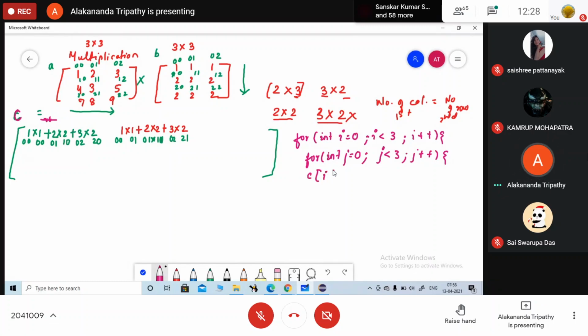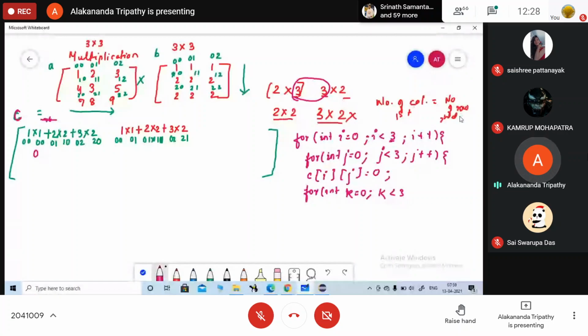Okay. Here Cij is set to 0. तो initially यहाँ पर क्या होगा? 0 रहेगा. So we are going to take a K loop: for int K is equal to 0, K is less than 3. So ये 3 क्यों लिखा गया है? It is just counting this value. K है तुम्हारा ये value. Either the number of columns of the first matrix or the number of rows of the second matrix. Remember this point. K is this value. This one is your I. ये J है. Because the resultant matrix का size कितना होगा तुम्हारा?